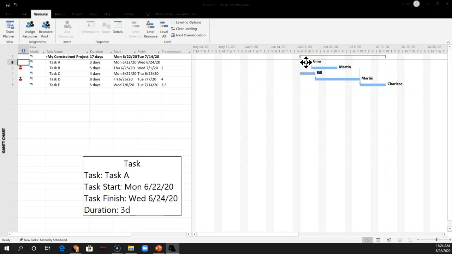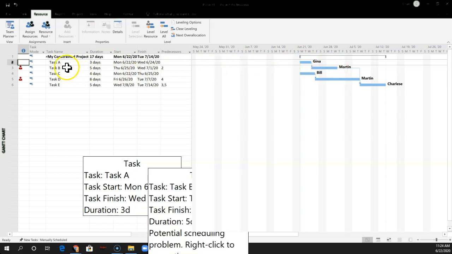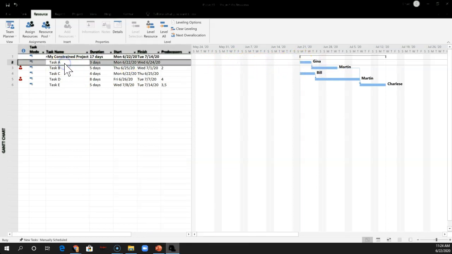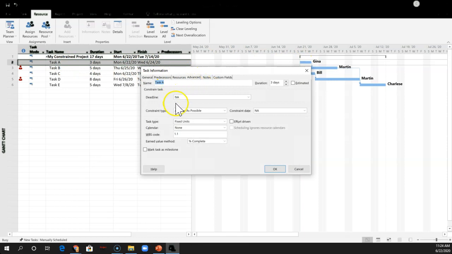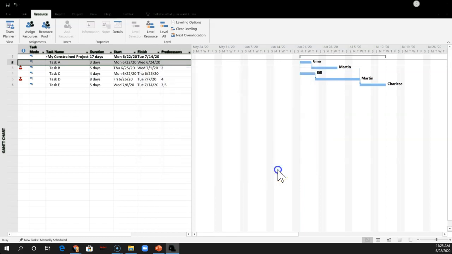So the first thing is, let's go ahead and put the things that are not on the critical path to a late start. Tasks A and B are not in the critical path, so we'll put those as late as possible. And to do that, we start with the first task in that path, task A. Now by default, you want to have these as soon as possible as the constraint type, and it pops up on the general tab. To adjust it, you put the constraint of as late as possible, and it will update the graph. There you go.